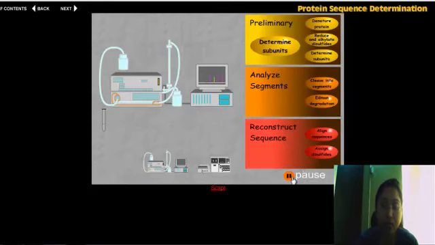Here we detect only one dansyl amino acid, indicating that our protein consists of only one type of polypeptide chain. More than one dansyl labeled peak would have indicated that the protein consists of more than one type of polypeptide. These subunits would have to be separated from one another, usually by chromatographic means, before the subsequent steps of analysis could be carried out. Of course, there is a slight chance that two different polypeptides have the same N-terminal amino acid, in which case the conclusion that there is only one polypeptide chain would be erroneous.